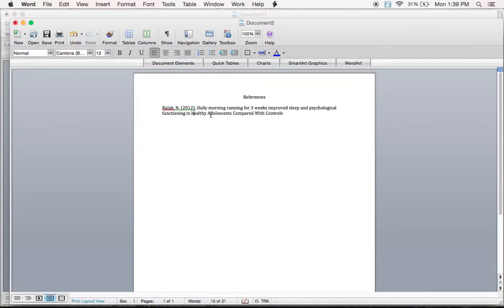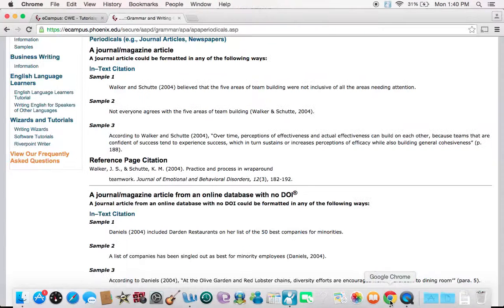I probably should have picked a different one as an example, but as you can see, it takes a little work. I'm almost there. And I'm pretty sure I'm going to put a period after that, but I need to double check. Yep, a period.